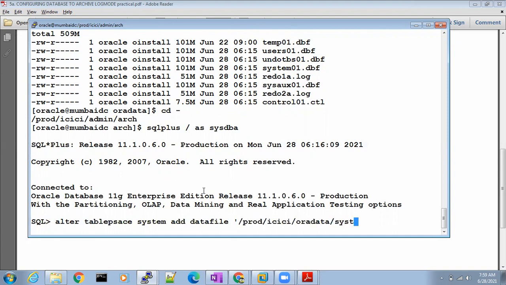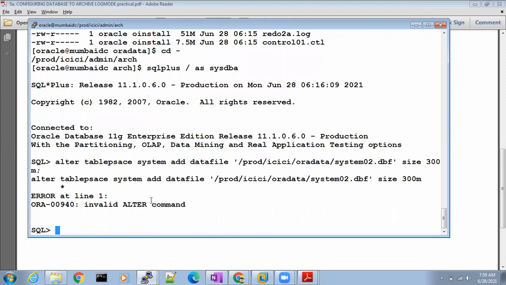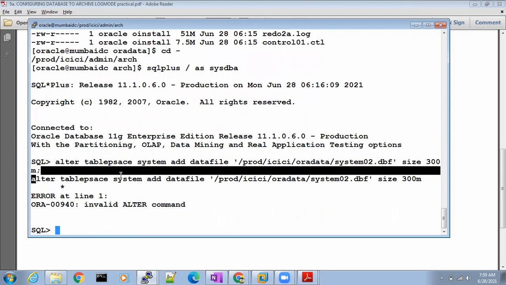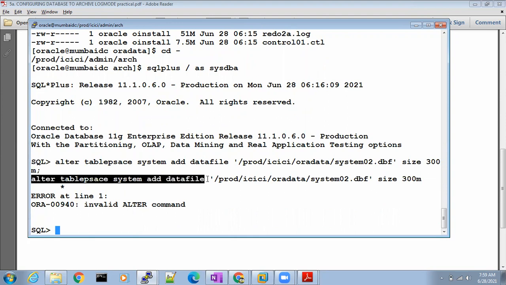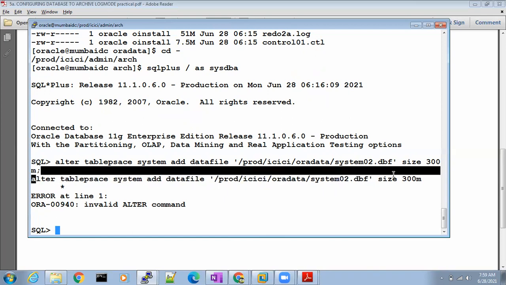Alter tablespace name and data file name.